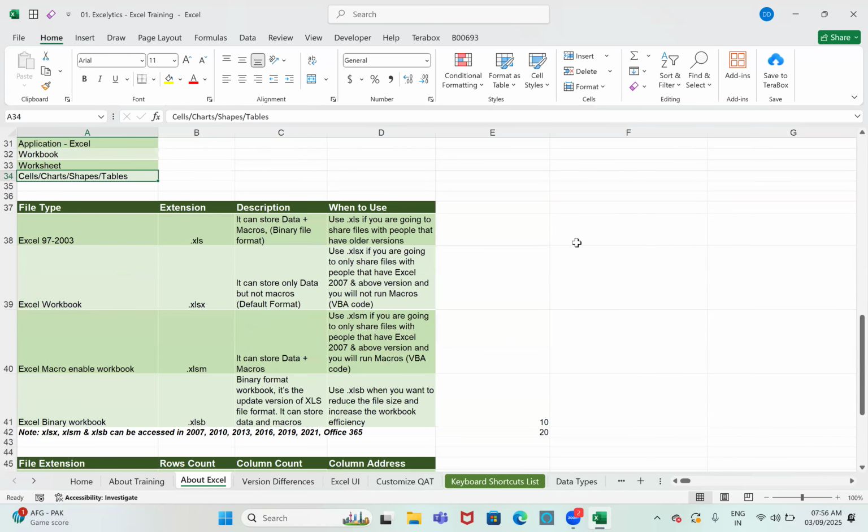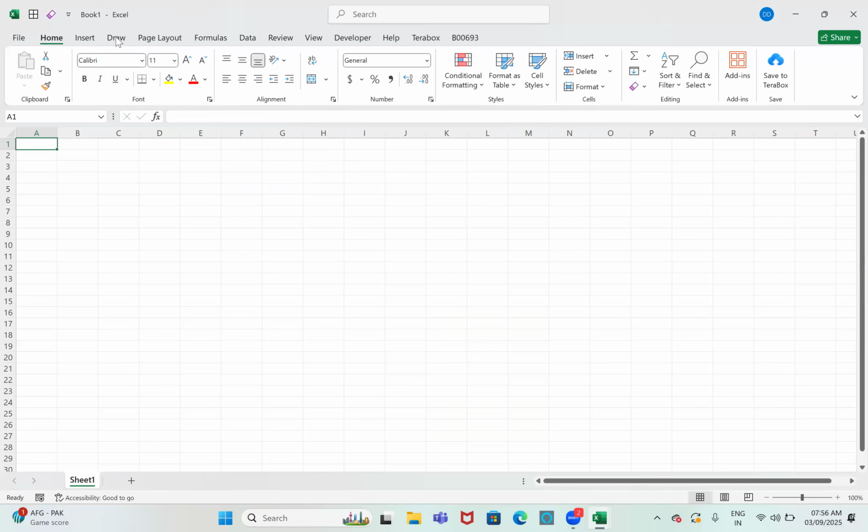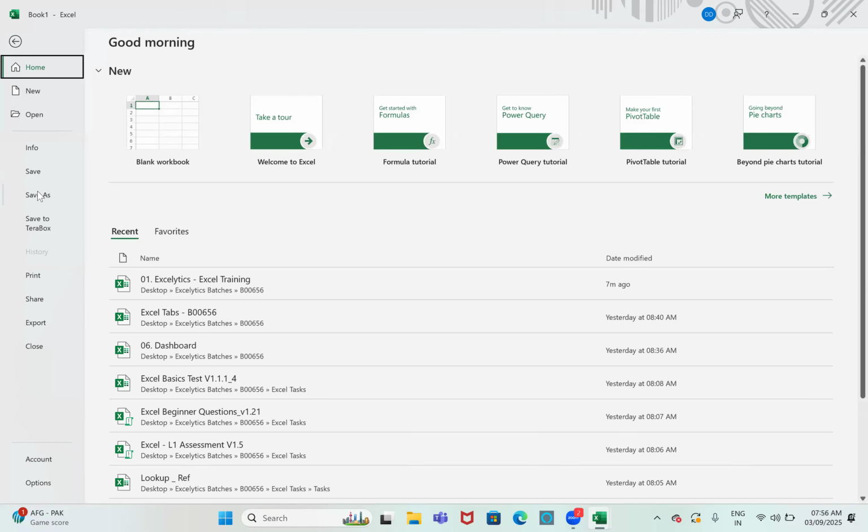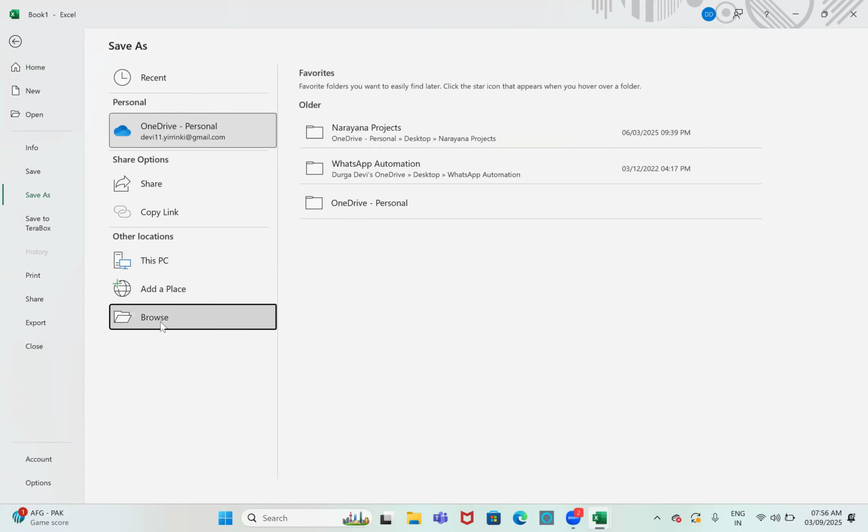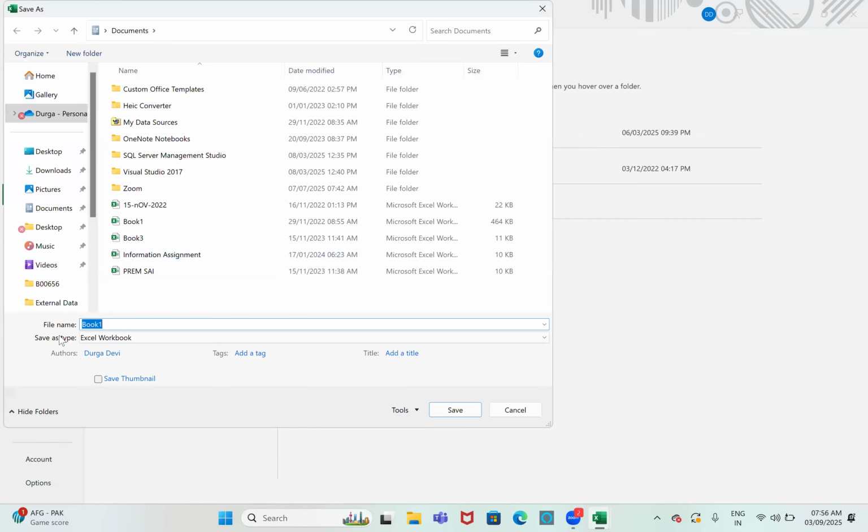File type. So after creating a file, you have to save the file, right? Let me create a new book. This file is not saved. I have to save this file. When you are saving the file, it will ask you for the extension. This one, save as type. You have this for any kind of application.